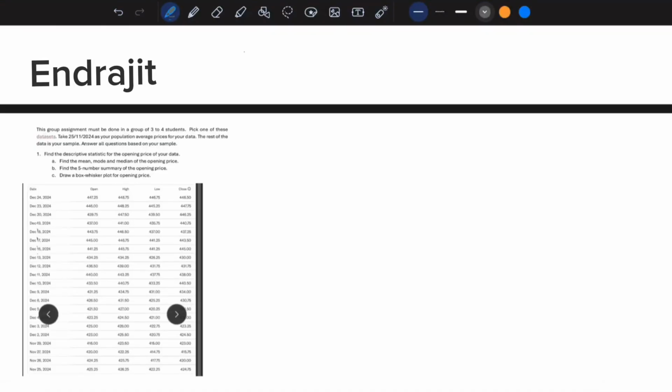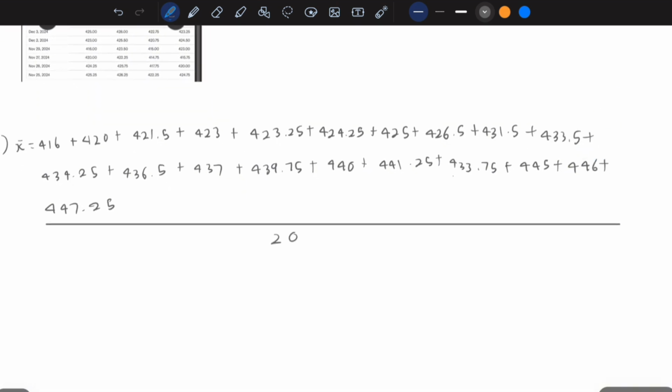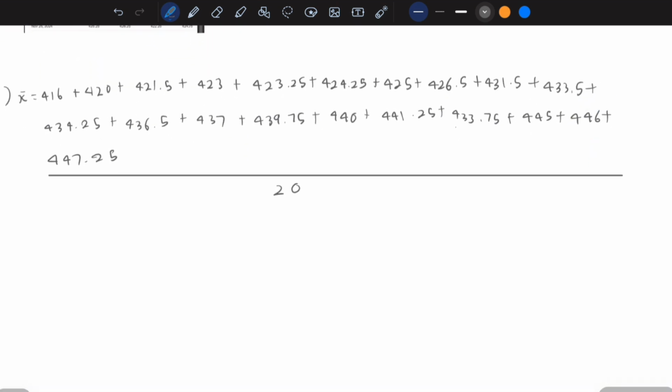My group will be using the corn future as the data sheet, and the data on 25th November 2024 will be our population average, and the rest of the data will be our sample. So first of all, we'll be looking for the average or the mean of the data. After summing up all the data and dividing by the total data, which is 20, we'll be getting the